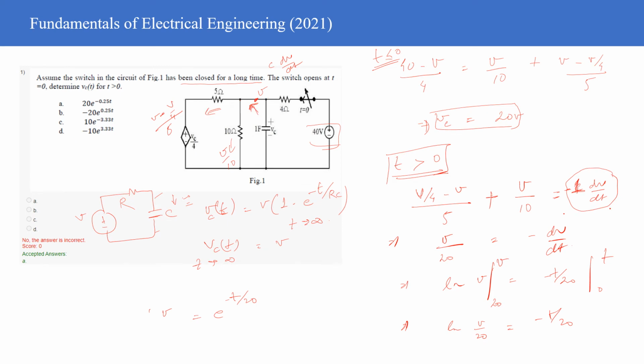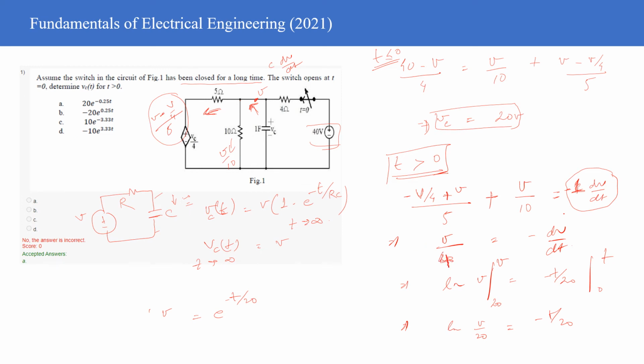So minus C dV by dt, the discharging current of the capacitance, is equal to the current flowing outwards, that is potential V minus V by 4 divided by 5 as is written over here, right? And plus V divided by 10. So this is going to give you